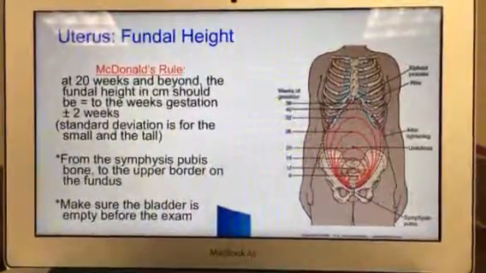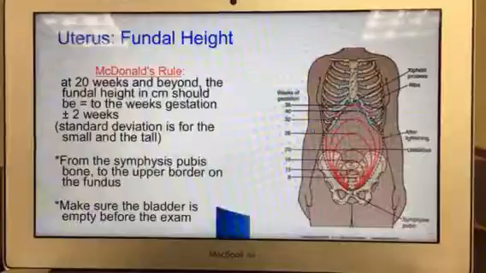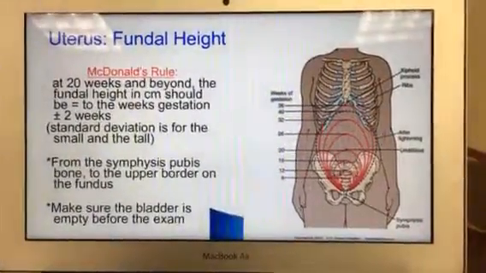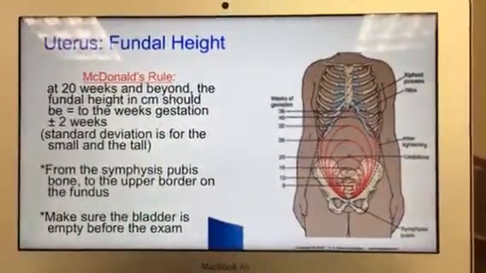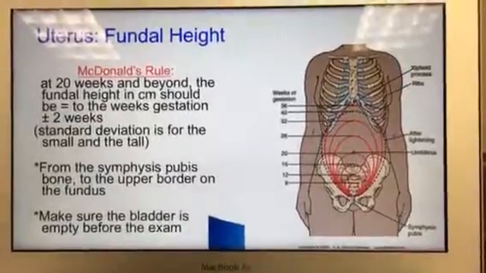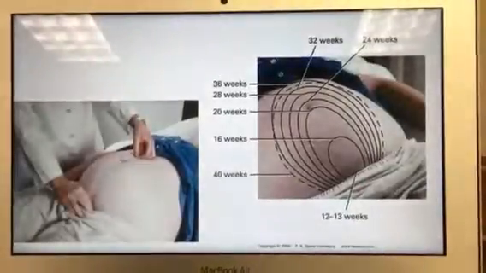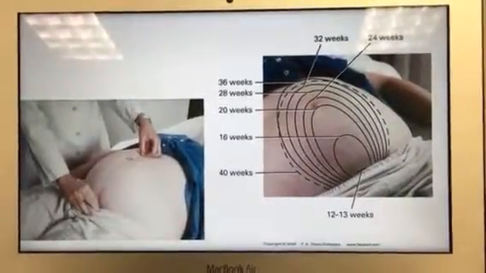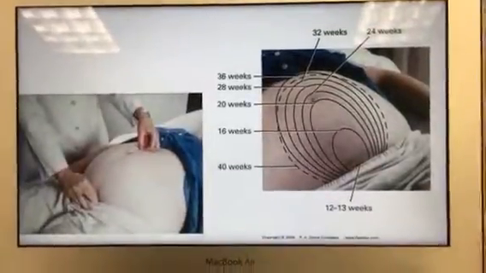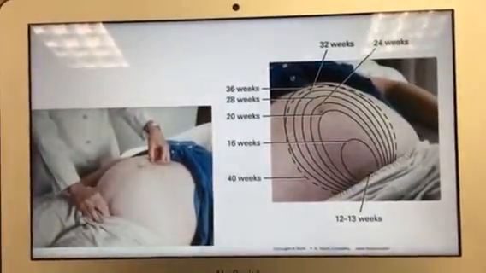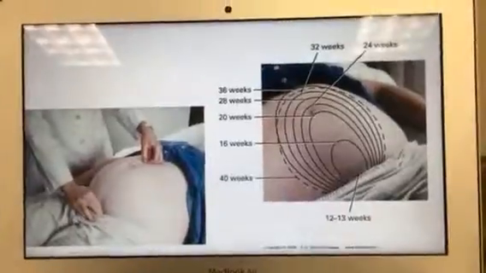And for this measurement, you also want to make sure the woman has voided, because if she has a full bladder, that could change the height of the fundus. This is just a picture from the slides and books, showing the measuring of the fundus and how to do that and what to look